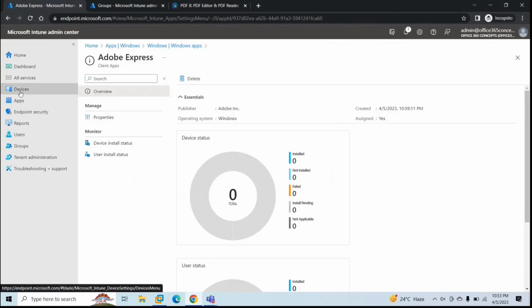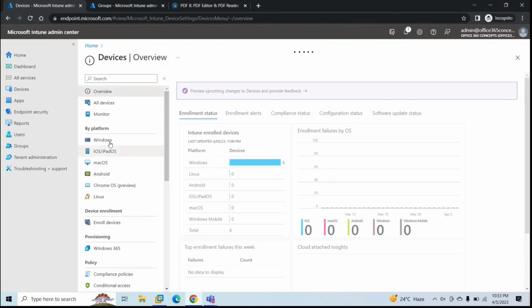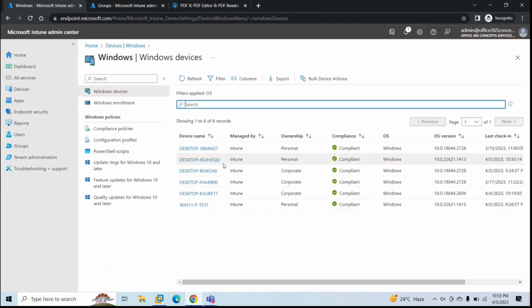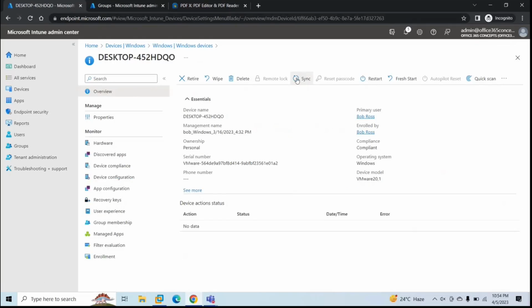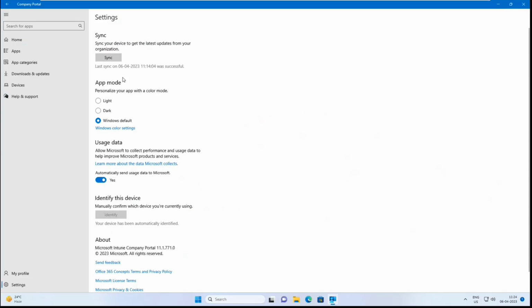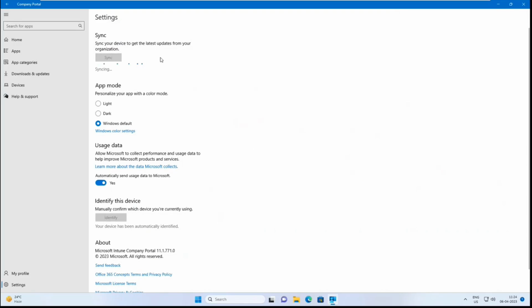So let's go to devices. Let's push the changes from here. Go to Windows, click device, and then click sync. Click yes. So this way you can push the changes, and you can also pull changes from Company Portal, or